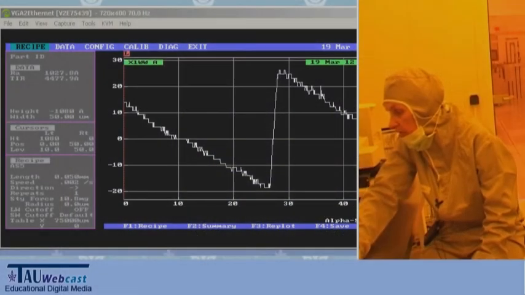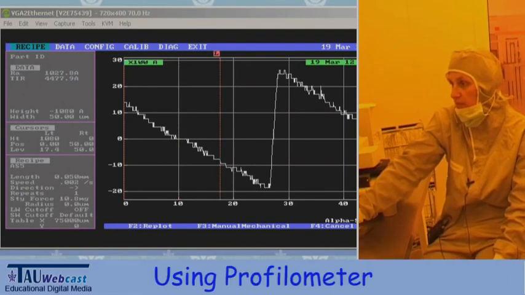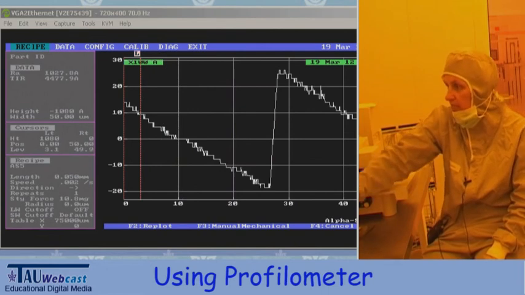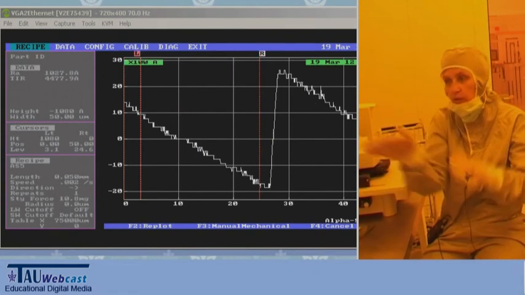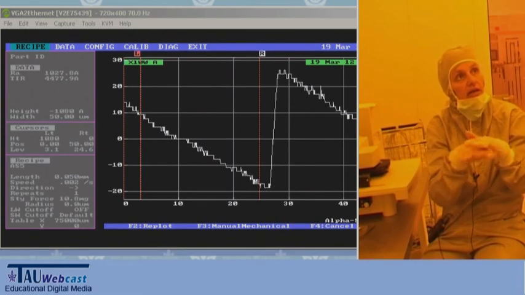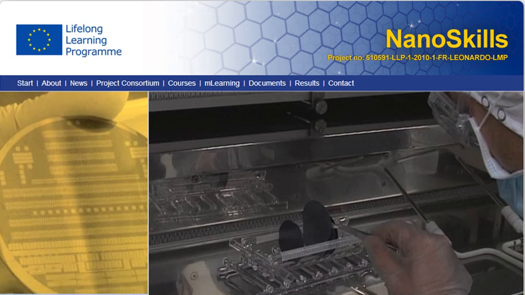So I go into the level parameter, and with this knob here I have two cursors, one left which I point on this side, the right one up on this side, and the two should actually correspond to the same altitude, corresponding to a flat side. So I say to